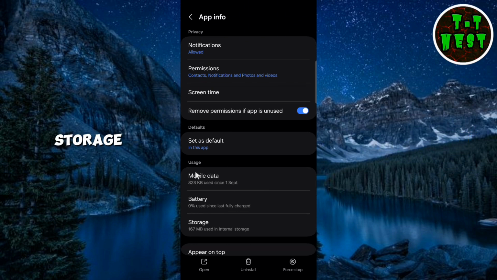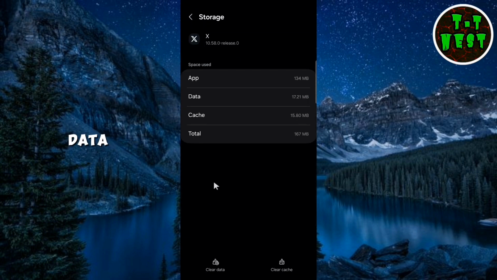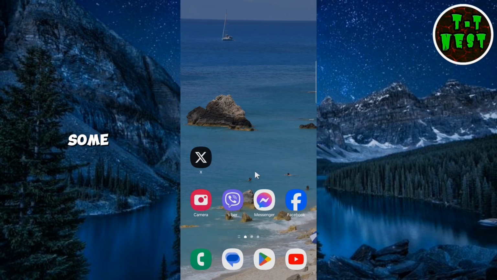Tap on Storage. Inside the storage settings, you'll notice two options, Clear Data and Clear Cache. We only want to clear the cache, so go ahead and tap the Clear Cache button. This will remove temporary files stored by the X app without affecting your personal data, like your login information or saved posts. Once you've cleared the cache, you should notice an improvement in the app's performance and some extra storage